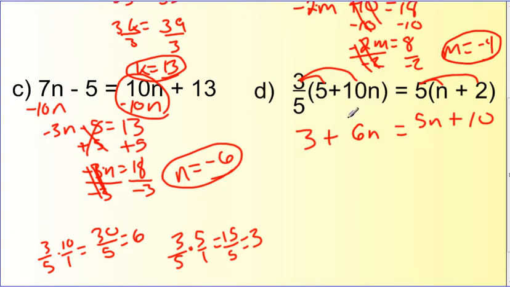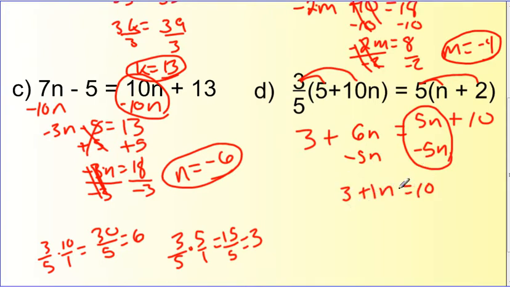Let's see, nothing to combine together, but I do have variables on both sides, so I minus 5n on this side, and minus 5n here, giving me 3 plus 1n equals 10. Let's see, get rid of the add and subtract, so I minus 3 here, minus 3